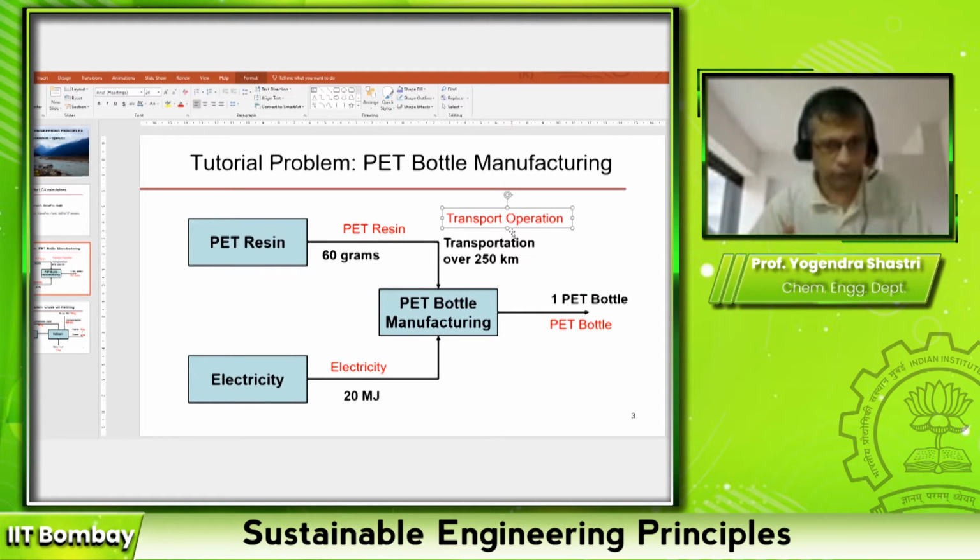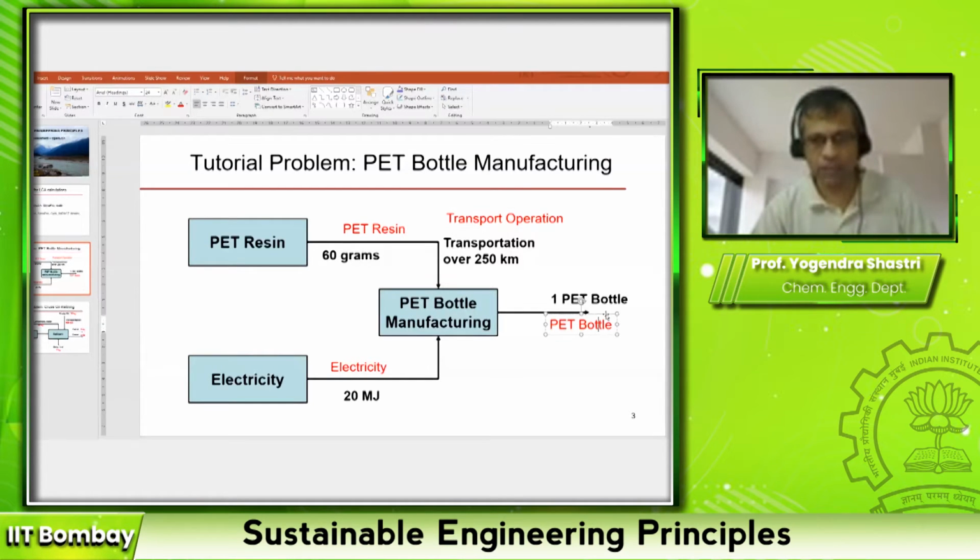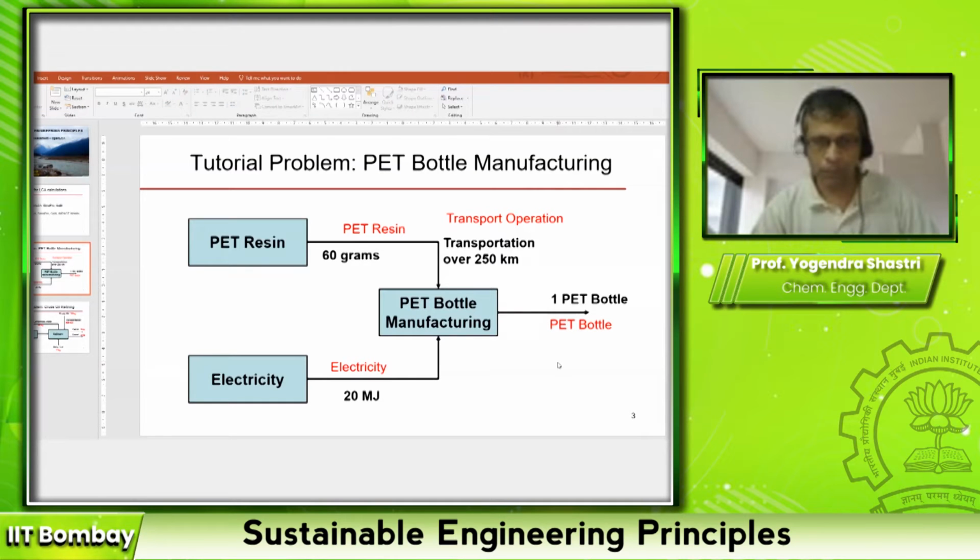Although physically it's not a flow that you are using, it's an operation, it's a service, but it will be treated as a product flow. Okay, so there are 4 product flows. 3 are going into this PET manufacturing process, and 1 is coming out. This is the product that we are interested in. Okay, any question on this?